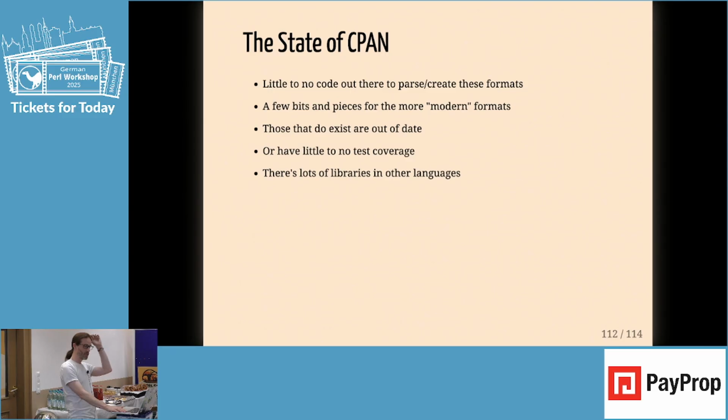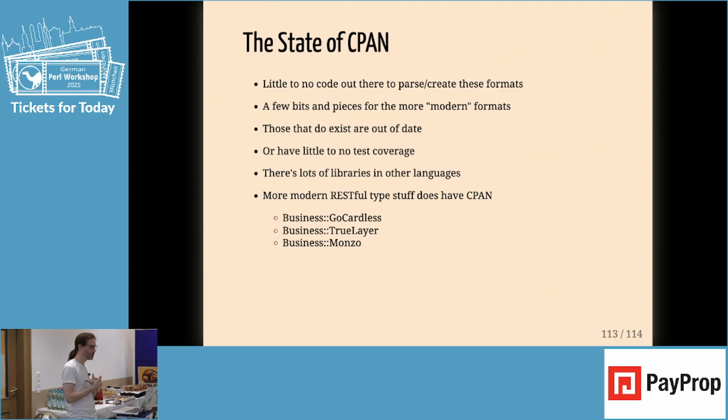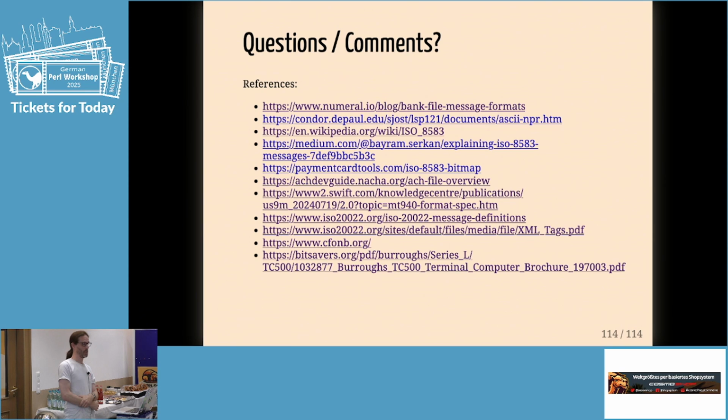Lots of libraries in other languages. I found Go, Python, JavaScript, maybe Rust, I can't remember. Good test coverage, actively maintained. And then the more modern RESTful stuff does have libraries on CPAN. I know because I wrote them and published them. And they're actively maintained by me. I probably don't have time for questions, but give it